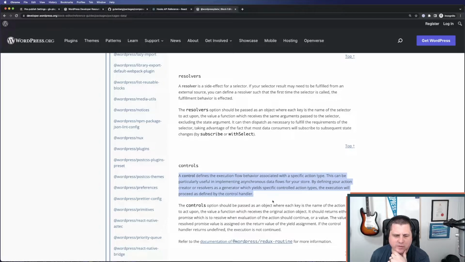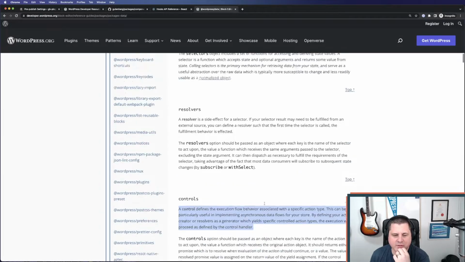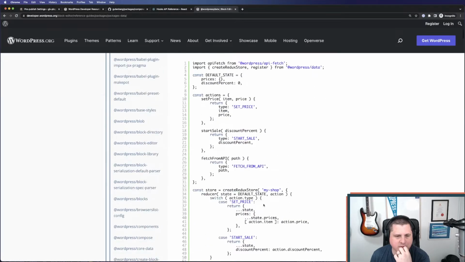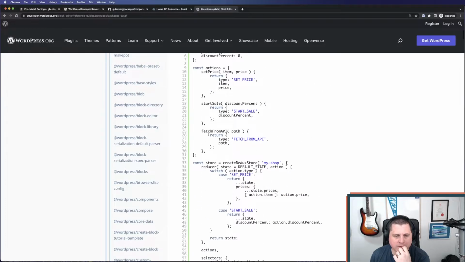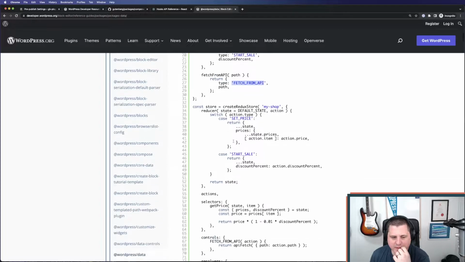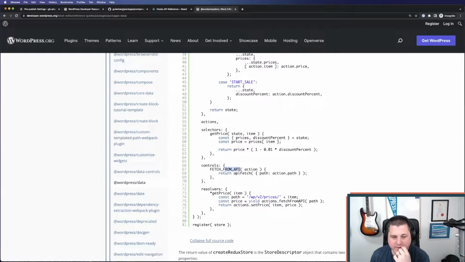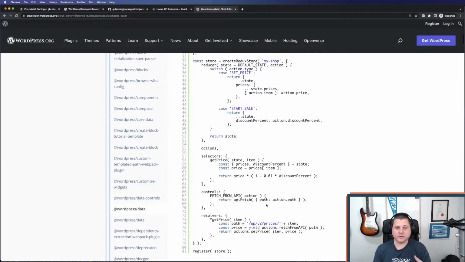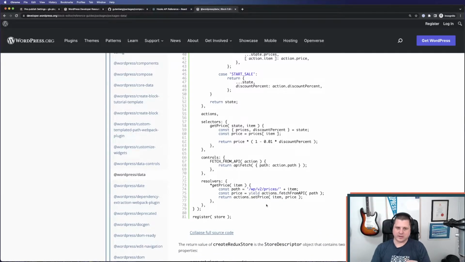Find the execution flow associated with a specific action type. Oh, I see. Yeah. So if you have an action that dispatches something, you can have a control that's named the same, and it reaches out to the database, and so that's when you're changing something. But when you're retrieving something, you might need to have a resolver, and the resolver handles, like if you have